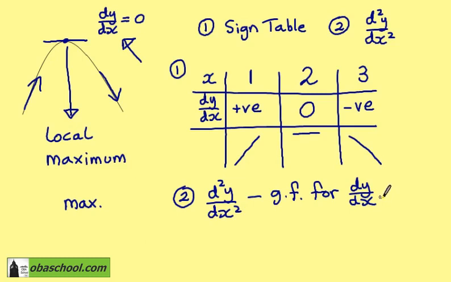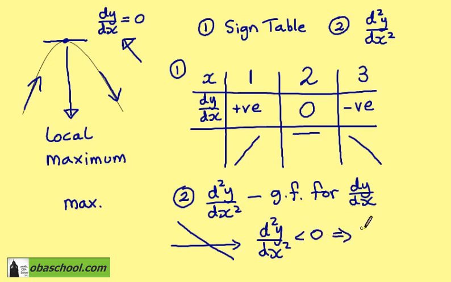If we consider what happens to dy/dx here, it has a positive value, followed by 0, followed by negative. So if we plotted dy/dx, it would go from positive through 0 to negative, and therefore has a negative gradient. So its gradient function would be negative. If we find that d²y/dx² is a negative value, this implies that we have